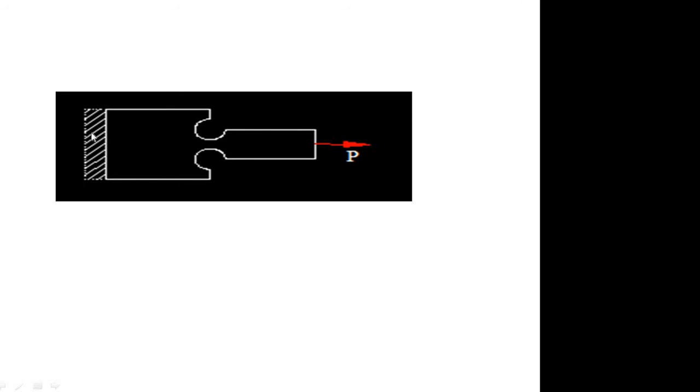Now coming to this case, you have a cutout section right over here. So here again the problem becomes a bit more complex. That is, since there is a sudden reduction in the area, it will be accompanied by stress concentration at this region. So the actual stresses involved will be different from what we calculate. So solving this by using direct formulas becomes much more difficult here.